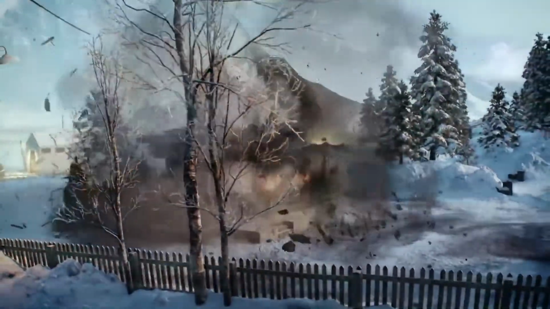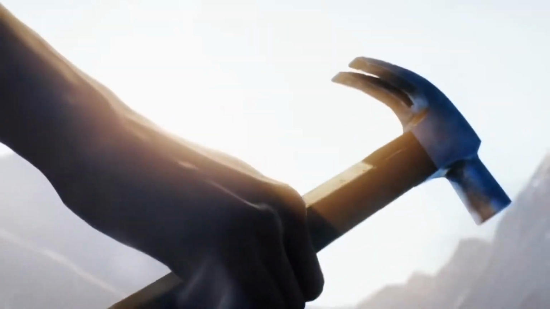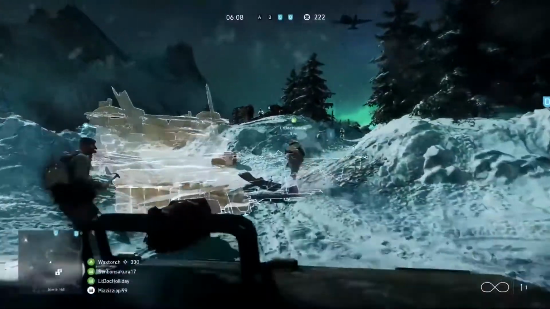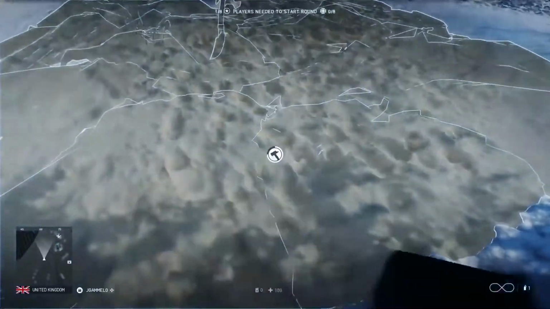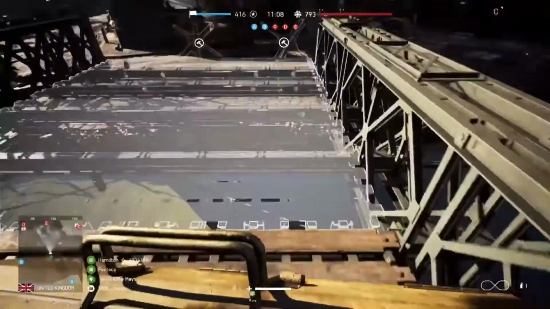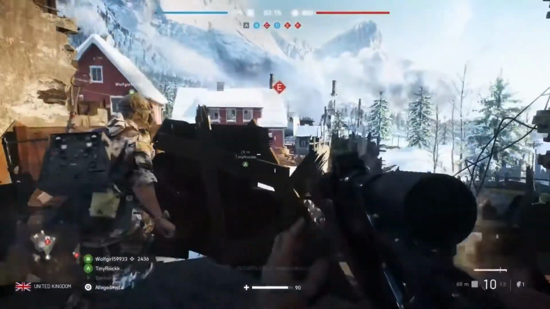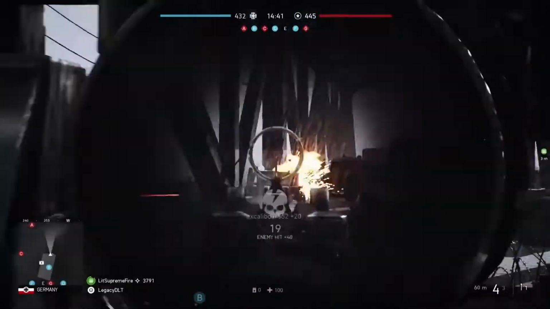Just as important as destruction will be building. Shape and reshape the battlefield with a new fortification system. Every soldier is equipped with a toolbox and can build fortifications in specific areas. Dig foxholes, lay down sandbags, build bridges, barbed wire, tank stoppers, and more. Reinforce buildings that have been destroyed, create choke points to gain the advantage, even open up new routes to flank